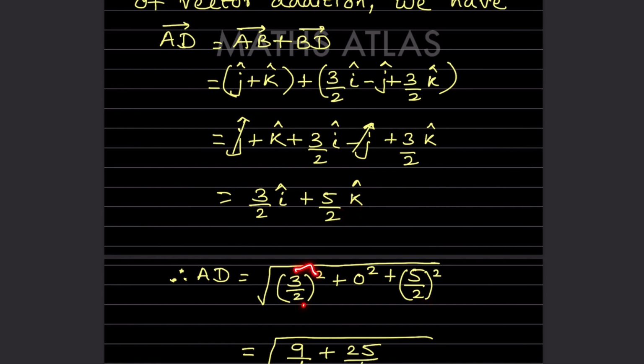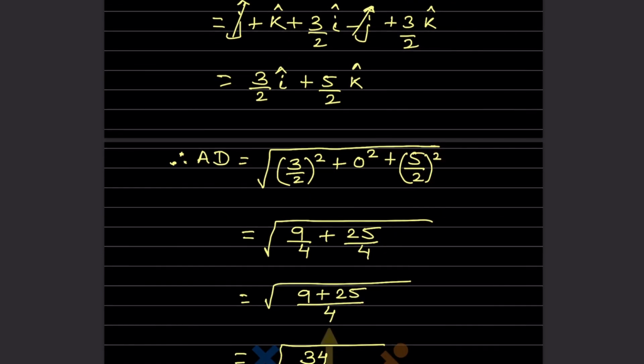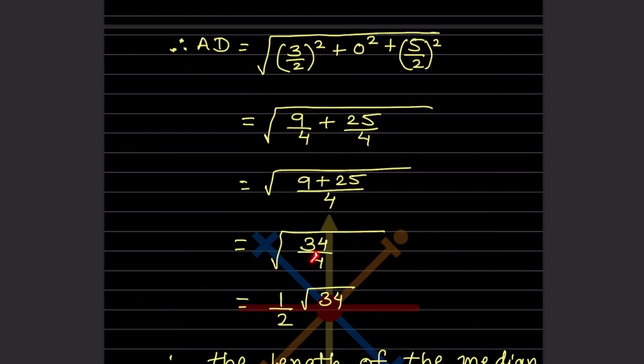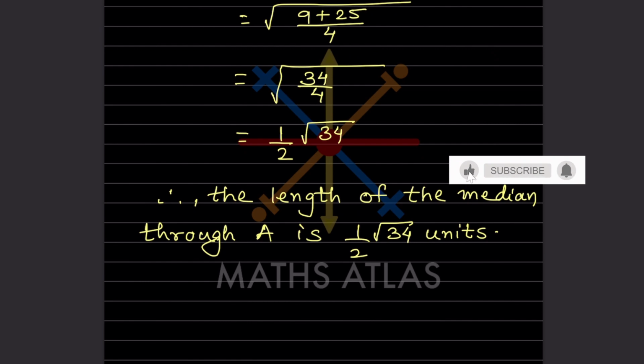So this is going to be, say, this as well as this. So 9 by 4 plus 0 doesn't make any sense over here. So this will be 25 by 4. So 25 by 4. So this, when we add this together, so that is going to be 34 by 4. So now you know this 4 is a perfect square, so this will be root of 1 by 4 when the 4 is in the denominator, and that is going to be 1 by 2 because this 4 is a perfect square. So this 1 by 2 let us take out of the root, and this will be root of 34. So we can say the length of the median to A is 1 by 2 root 34